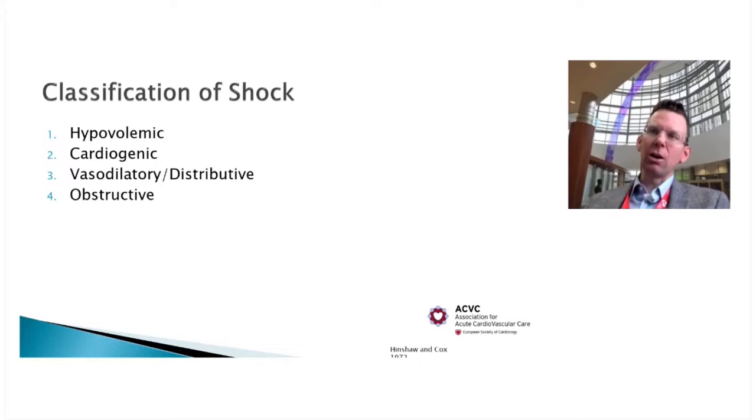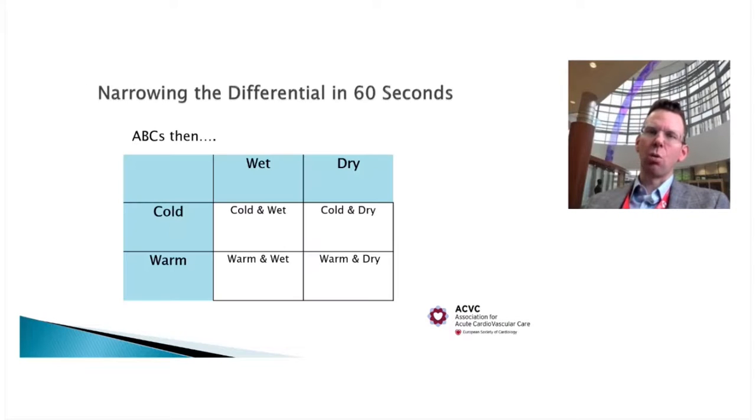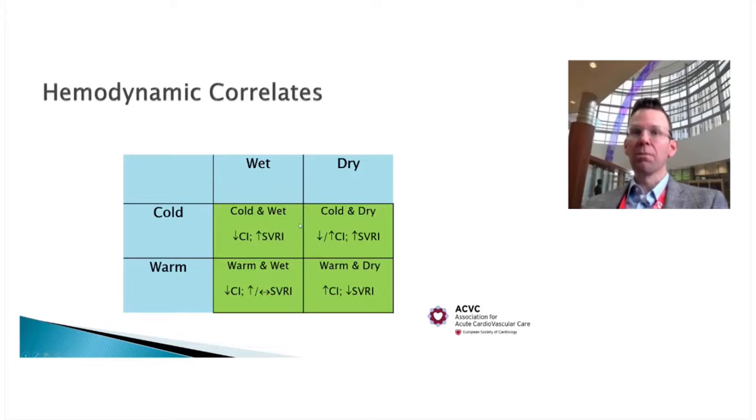But you need a way to narrow them down. How can you put these into bins or figure out what's more likely? Well, after your ABCs, don't not do CPR, don't not address the airway, but then try and narrow it down. Are they cold and mottled, or are they warm and vasodilated? Are they wet or dry? Wet, do they have chronic edema? Is the JVP elevated? Put your stethoscope on their lungs. Is there pulmonary edema? You may even have an X-ray at that point, and you can bin them into these four categories. It's not perfect, but this is at the bedside that you can do in 30 to 60 seconds.